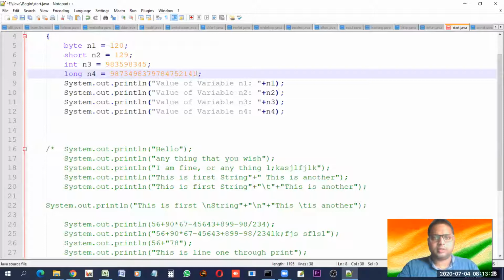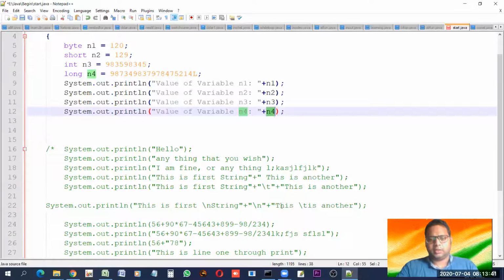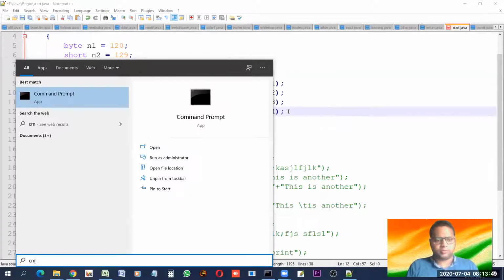Doing this helps to easily accommodate this large number in this variable, and after assigning the value to this variable, we are now using it here. So let us see the execution once, and then we will continue with something new.